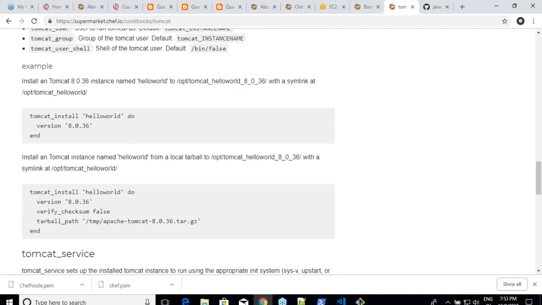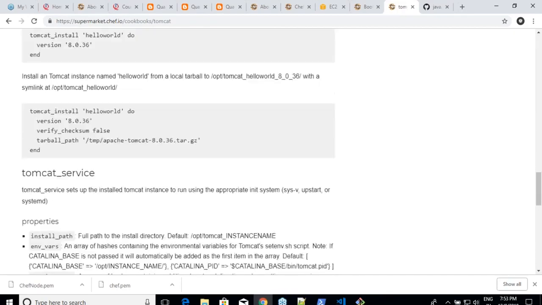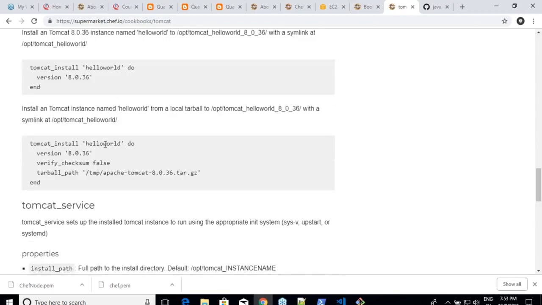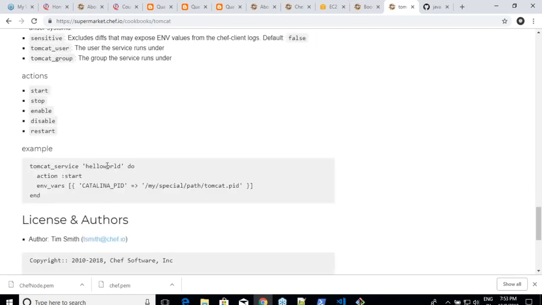And this Tomcat service, whenever you want to start or change the service, the name of the service will be tomcat_hello_world. That's the name of your instance, right? So let us see what he tries to tell. For Tomcat service, you have to give the same name and then use the action start. Normally the default Tomcat instance name will be Tomcat 7 or Tomcat 8, something like that. But whenever you are using this cookbook, it will give something like tomcat8_ plus whatever name you have given. So in this case, the service name could be tomcat7 or 8_hello_world. How did I find that out? Just because I read documentation.